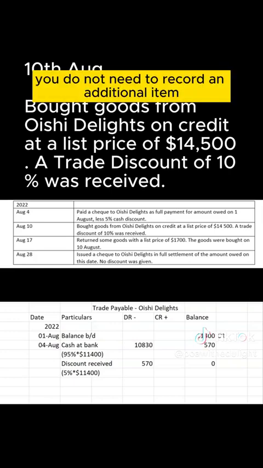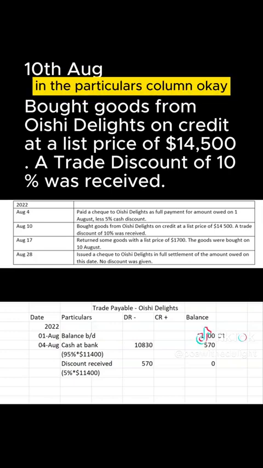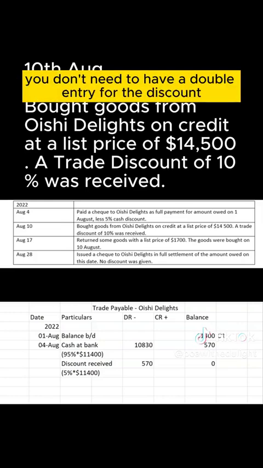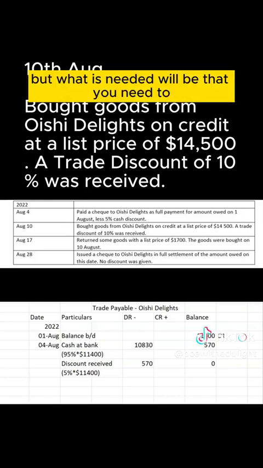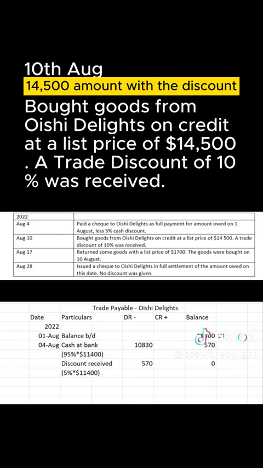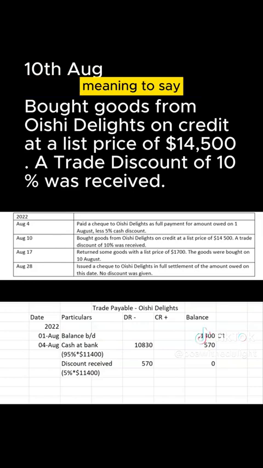You do not need to record an additional item in the particulars column. Okay, so that is to say, if it's a double entry journal entry, you don't need to have a double entry for the discount. But what is needed is that you need to offset the 14,500 amount with the discount. Meaning to say,